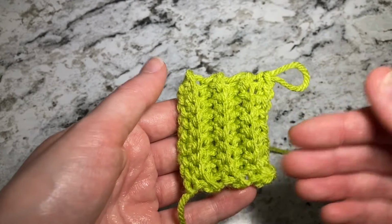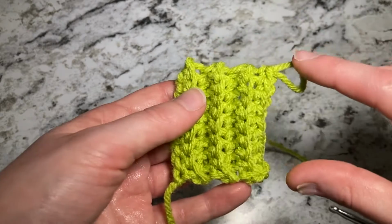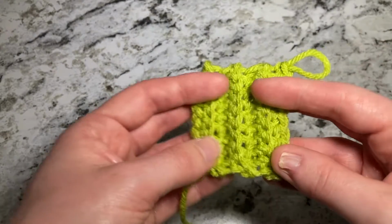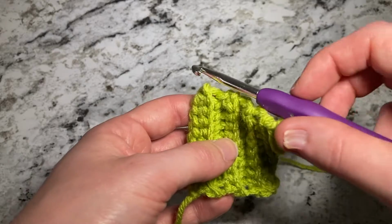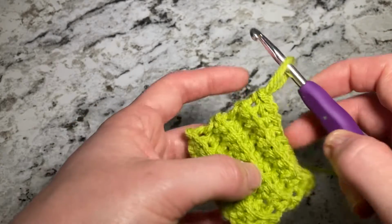If this were a bottom-up piece, we would need this to be the bottom. Like if this were the start of a hat, we would need to make the rest of the hat go this way. And so to do that with this flat piece of fabric, what we're going to do is we're going to put our stitches across the top here. And to pick up stitches in that way,